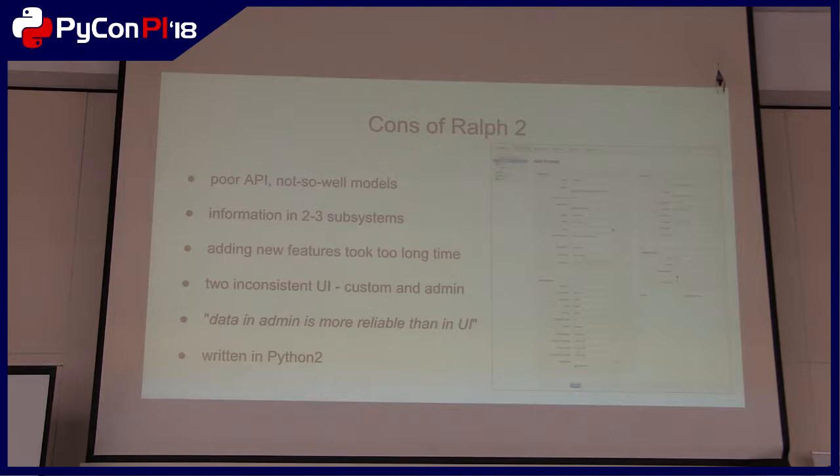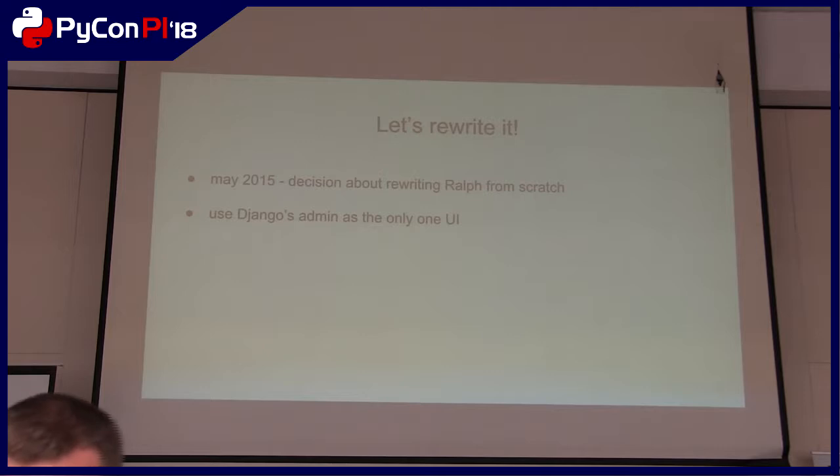And last but not least, it was written in Python 2, and migration to Python 3 would be really painful, especially because of some external dependencies. I don't know if it's really visible, but this is how the second version of Ralph looked like with this user interface. So in May 2015, we made the decision that we're going to rewrite Ralph from scratch,